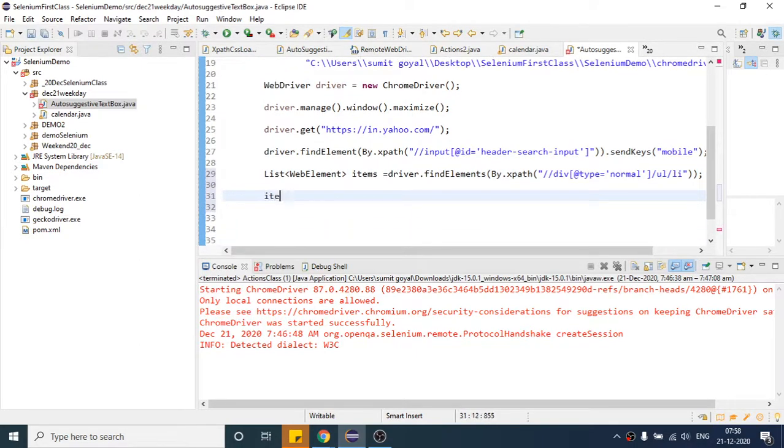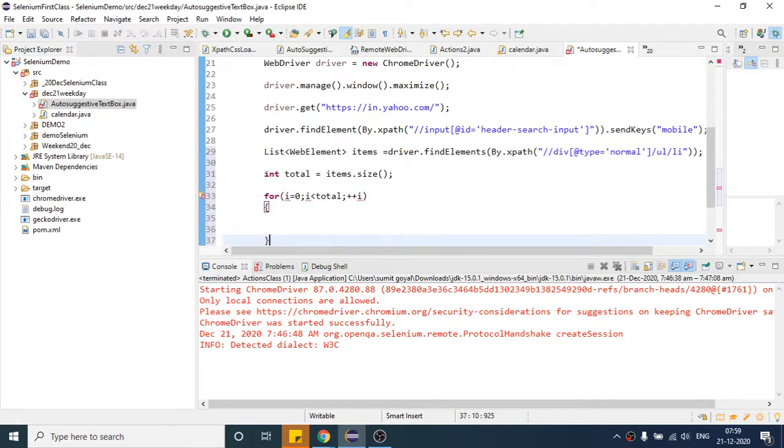Again, if I want to calculate how many items, I will say dot size, so that will give me the total number of items present inside that variable. So I write int size equals total. After that I will run a for loop again, just like we did for the calendar. I equals 0, I less than total, I plus plus, integer I.